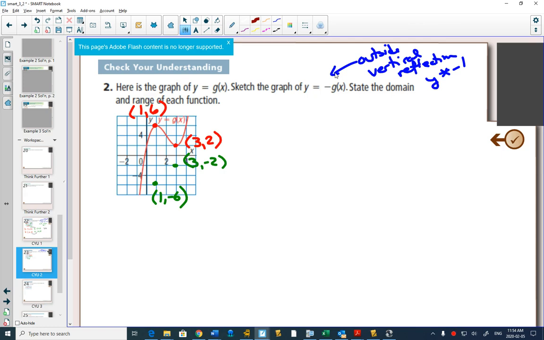The next thing that's important to recognize is when you're flipping over the x-axis, there's always one point that stays exactly the same. And that's going to be your x-intercept. Why? Because your x-intercept is something comma 0. I don't even know what the x value is, but my y value would be 0. What happens when you multiply 0 by -1? It's still going to be 0. Does it make sense that that point is not going to change? So now when I graph this with that reflection,